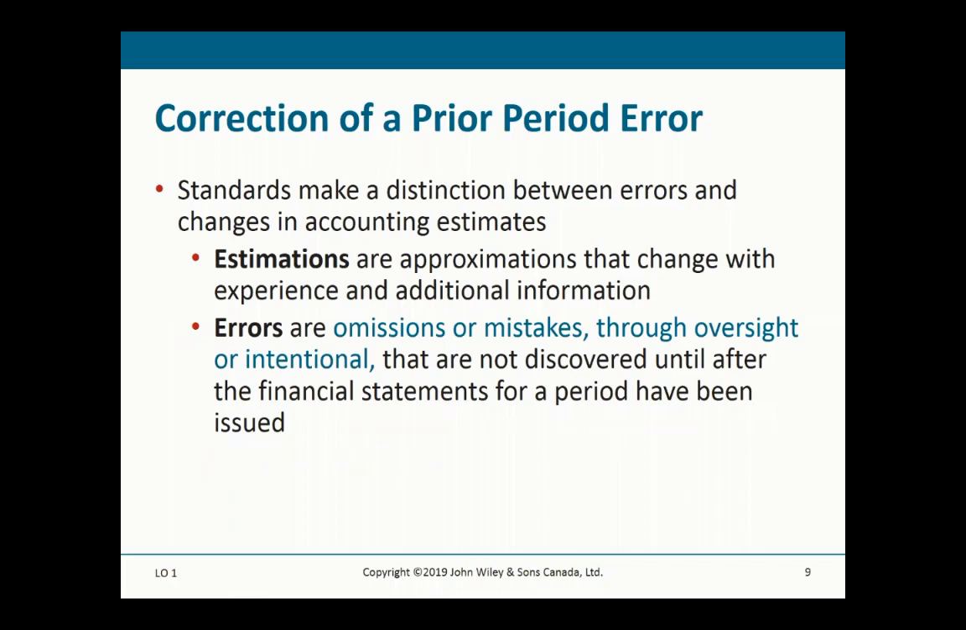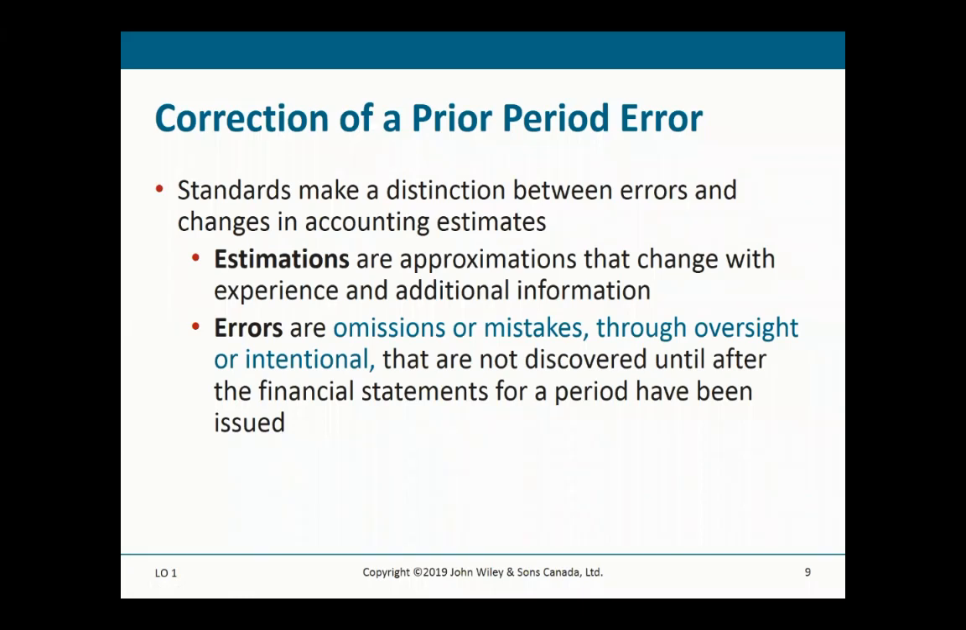So again, clarification between an estimation and an error. An error is an omission or a mistake with information that we had available to us at the time that we didn't use or we didn't use properly. An estimation is an approximation that we did with the best information we had at the time, but now things have